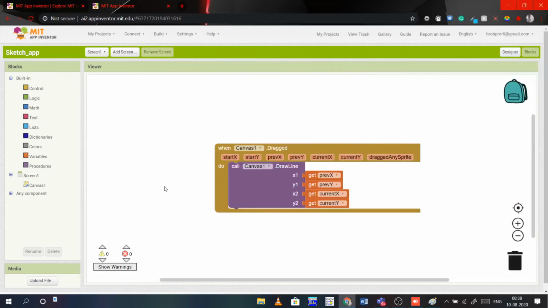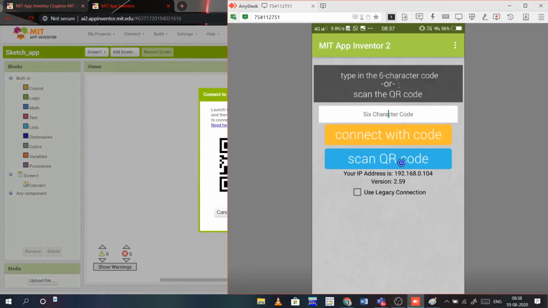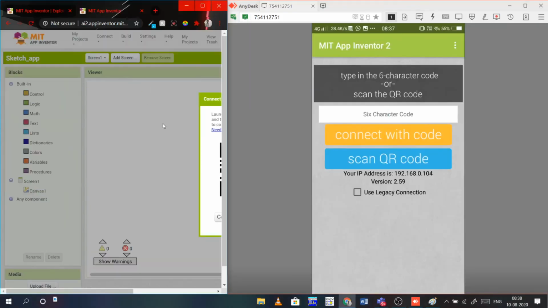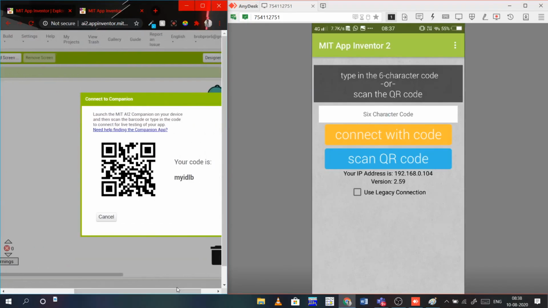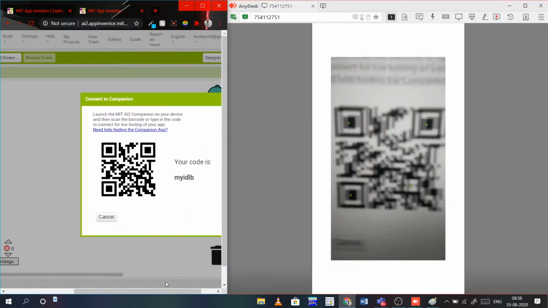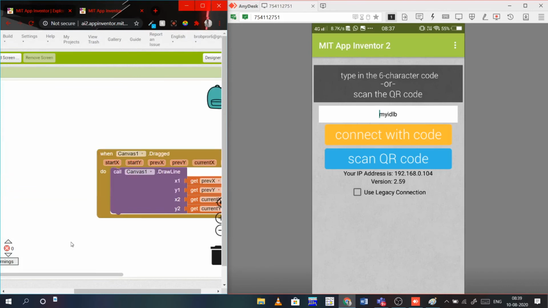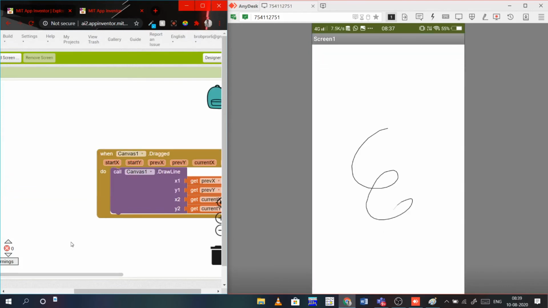A window will pop up saying that you have been disconnected. So you can see, you can draw something.